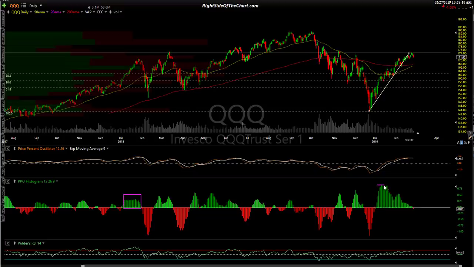So the higher these bars are, or the lower they are, the farther apart the two lines are. And once they cross the zero line, when it goes from green to red, you have a bearish PPO crossover. And I like these big, what I call hills. The bigger the hill, the better it is. That's showing you that there has been a very strong, clear trend, which we know off the